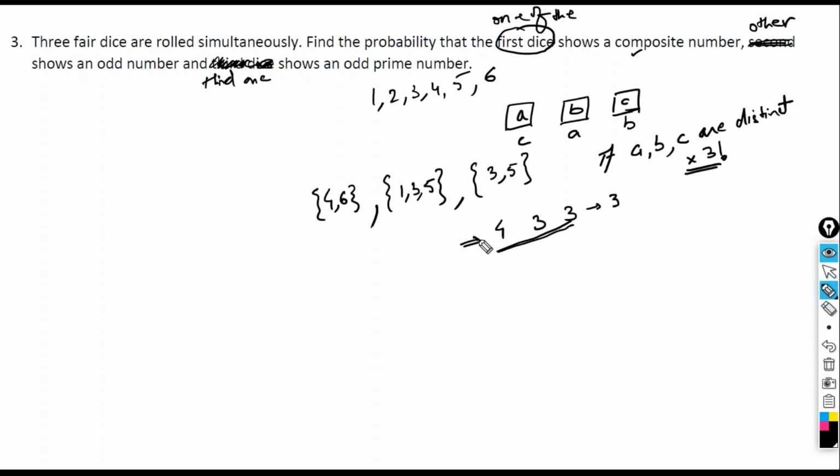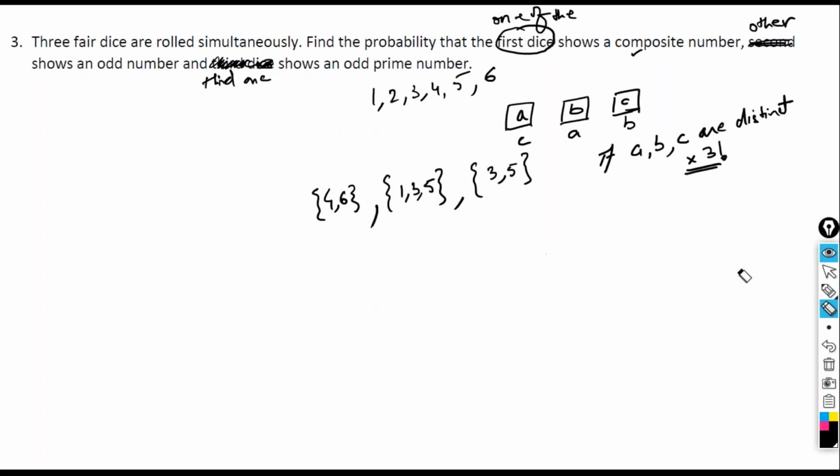Is this part clear to each and every student? Shubhadeep, is it done? So